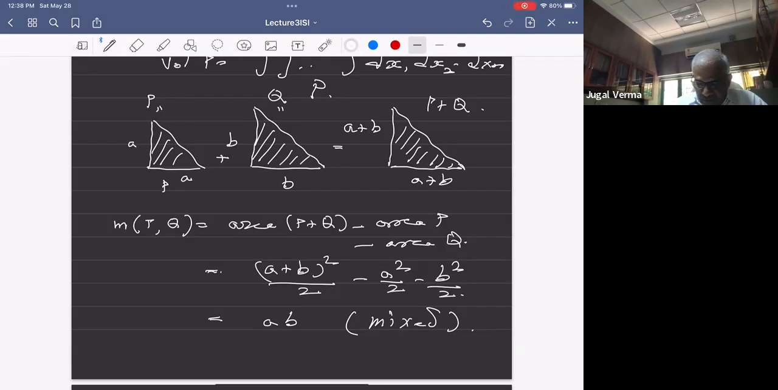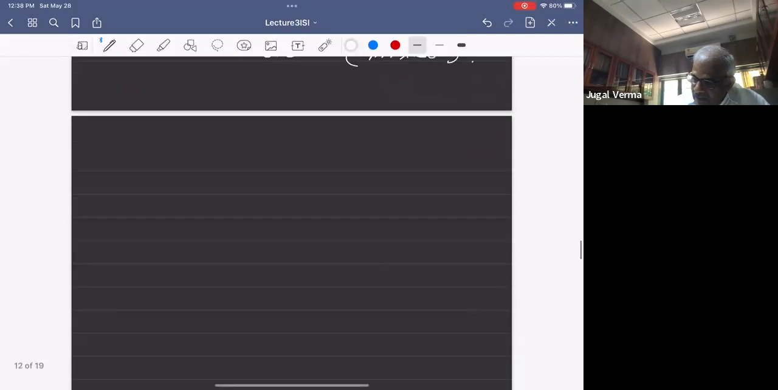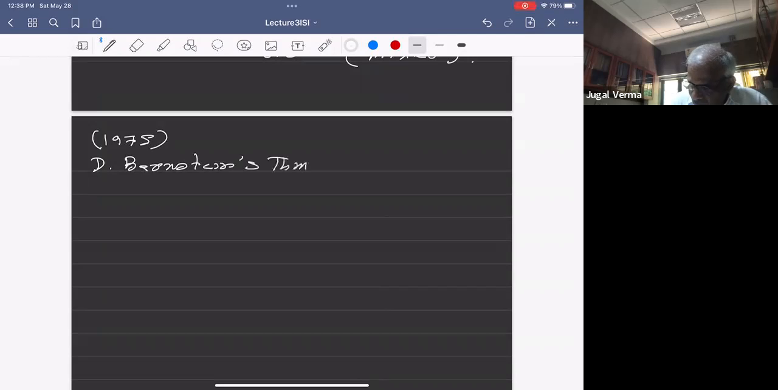Okay. So now let me state. Around 1975, a Russian mathematician named D. Bernstein proved a fantastic result. It says that suppose